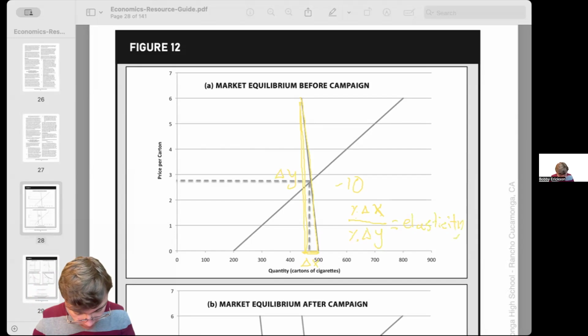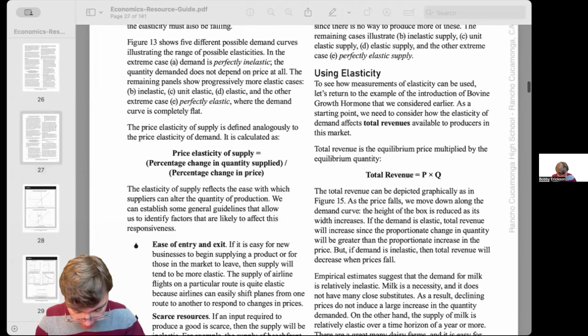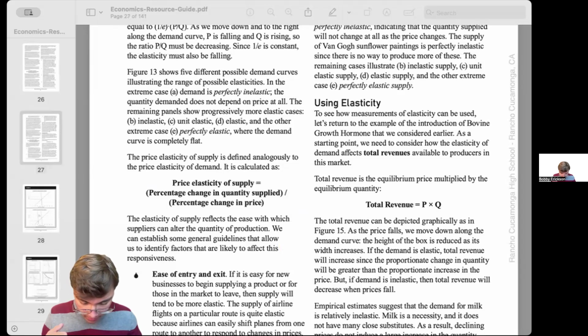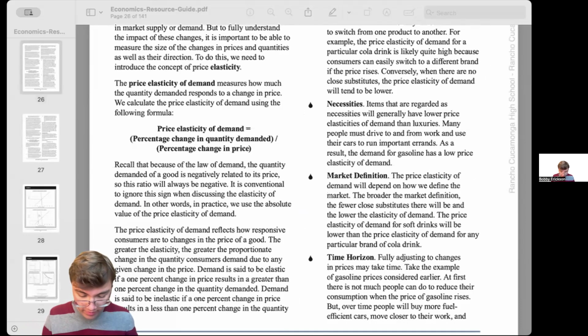It's the opposite of slope. So that means we have right here a low elasticity because for any given change in price, let's say from 5 to 4, or actually even 5 to 2, we're going to have a very minuscule change in the quantity here. And so this is important when understanding what our elasticity is actually representing.